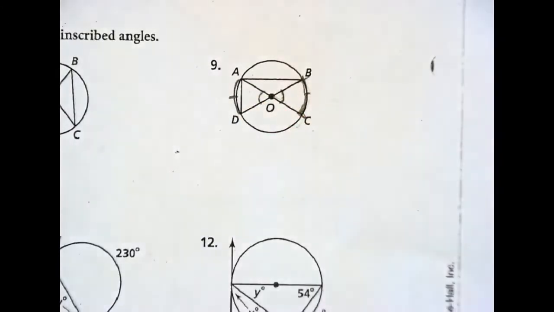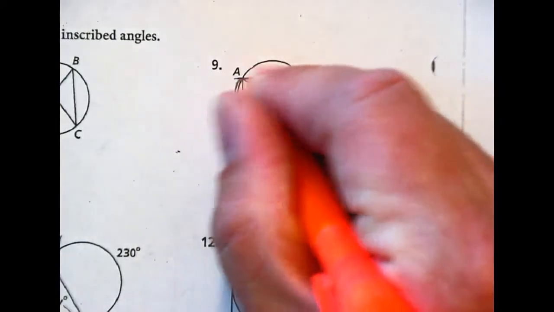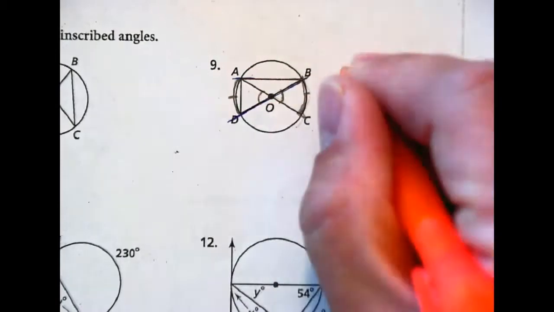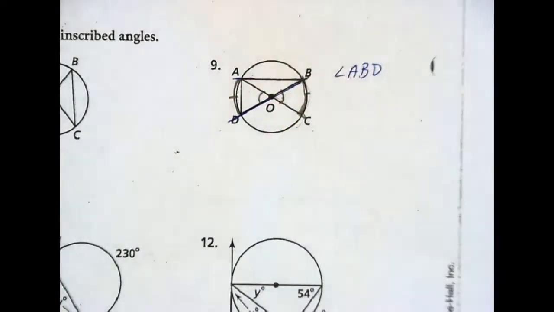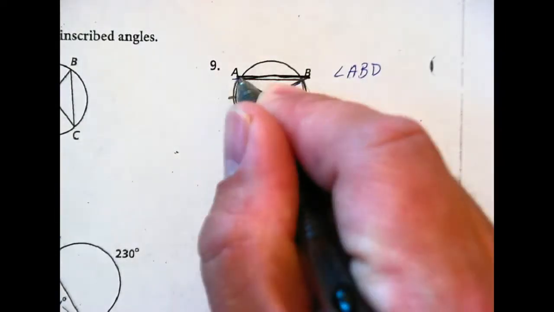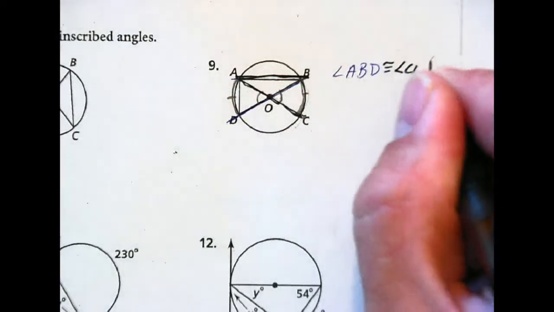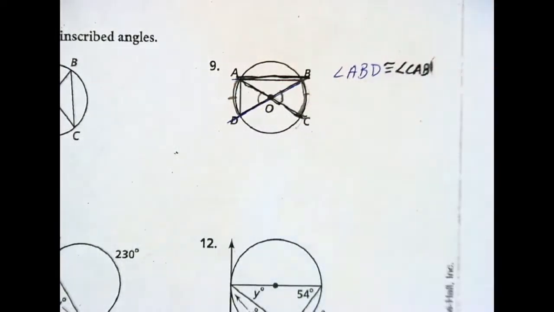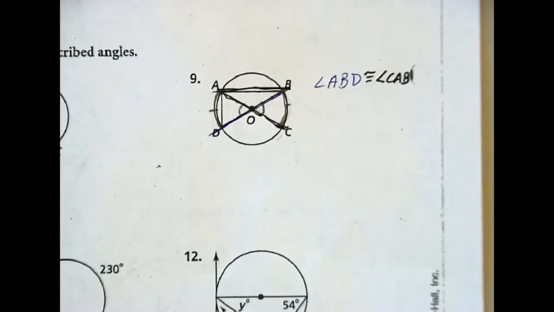Which means any angle that intercepts those arcs, so for instance this angle, ABD, would be congruent to any angle intercepting this other arc. Or, in this case, CAB. Crazy, we were close. Okay. Does that make more sense now? Yeah. Okay. All right. I want you to take out yesterday's